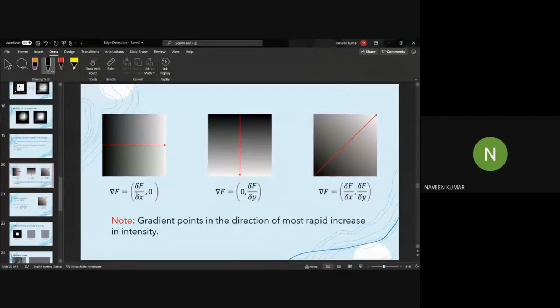Actually there are no edges in the y direction, so delta f by delta y will be 0 here, because there is no change from top to bottom. Similarly in this second image, there is no change in the x direction if we go from here to here, so it will not detect any edges or any gradient intensity.